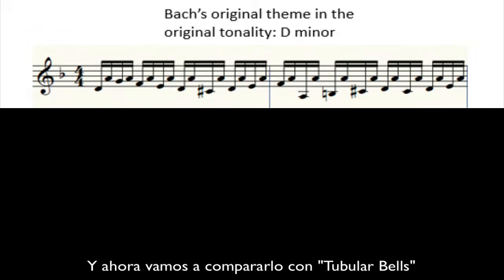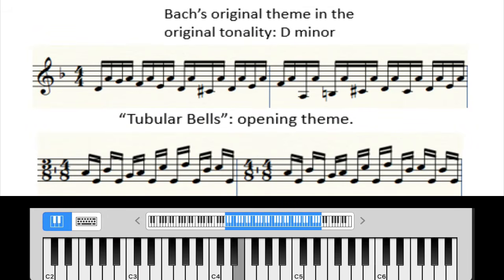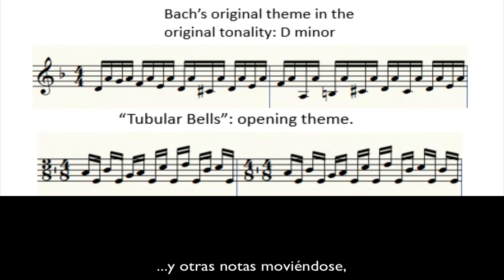And now let's compare it with Tubular Bells. As you can see, not much in common except a repeating note and the other notes moving, but the melody